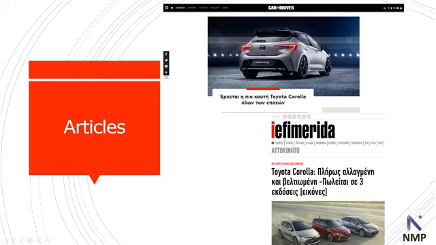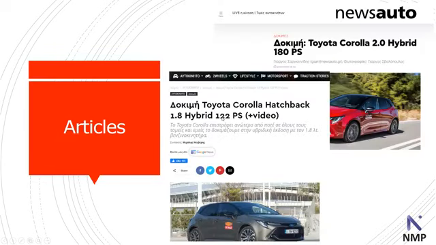Ephemerida is a newspaper, an online newspaper. They did an article there as well. News Auto, some other publishers as well. It depends on the field. As we said before,